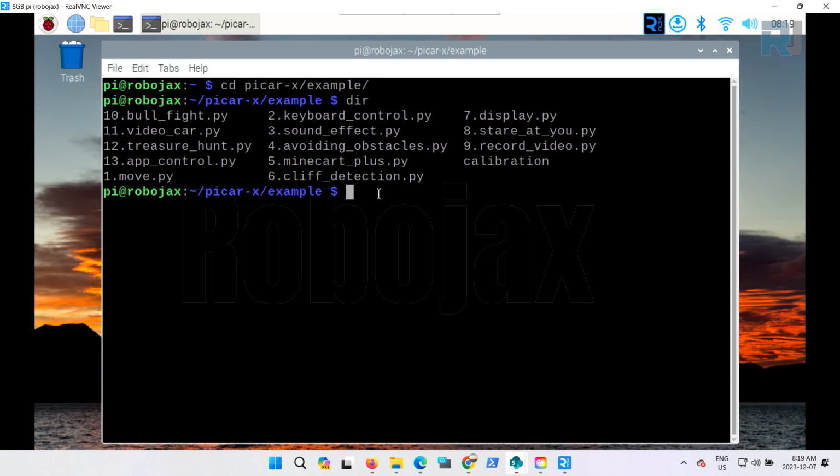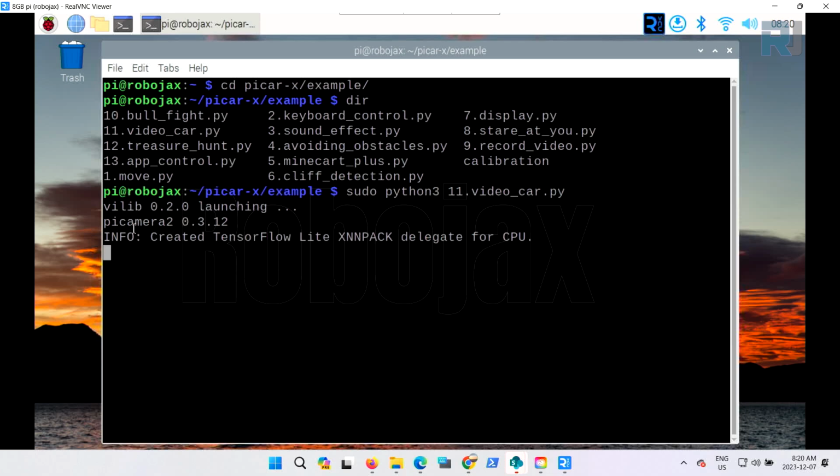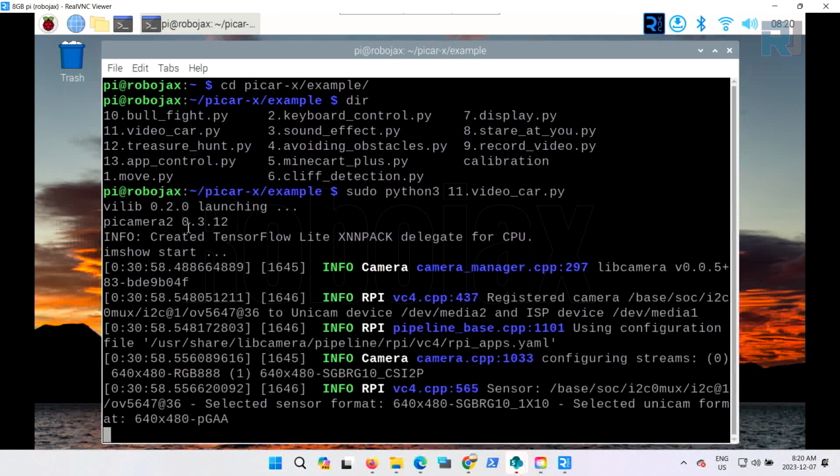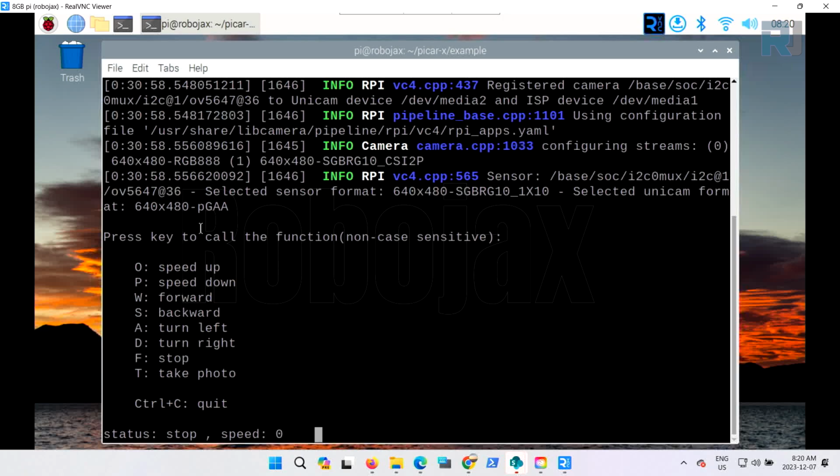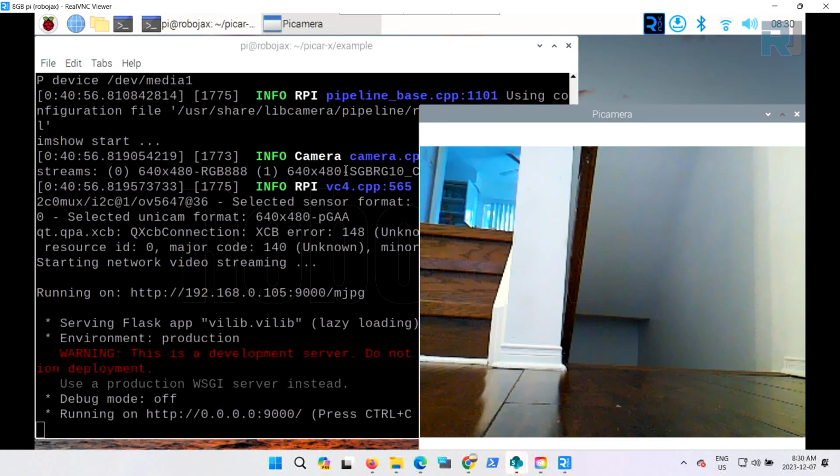To run the code, we type sudo python3 and then 11, and I press tab to auto-complete it. Now when I run this, it will take some time. Pi camera 2 runs, and the servo straightens. To open it,